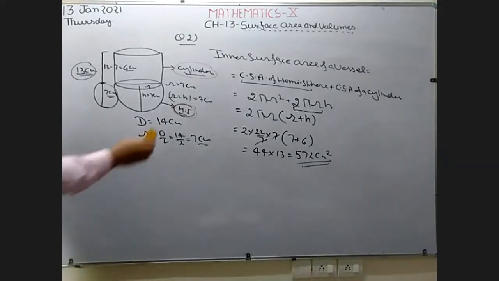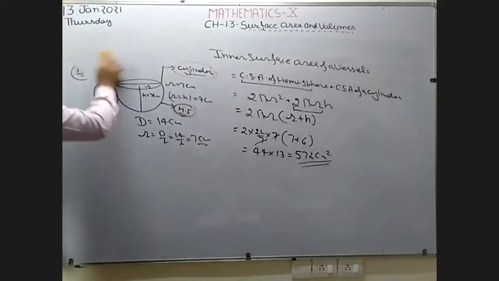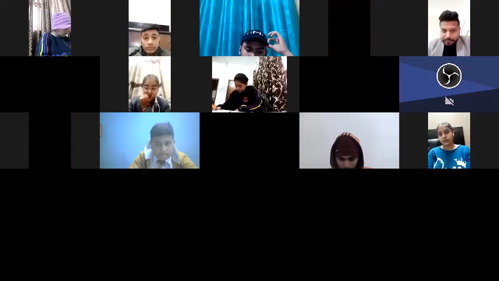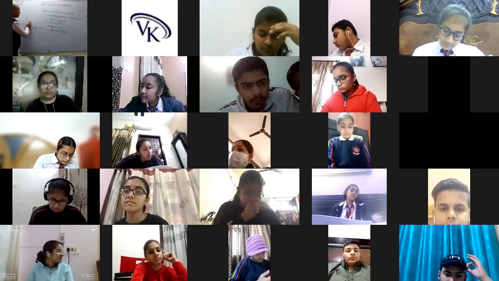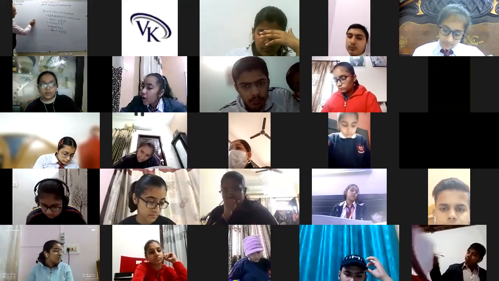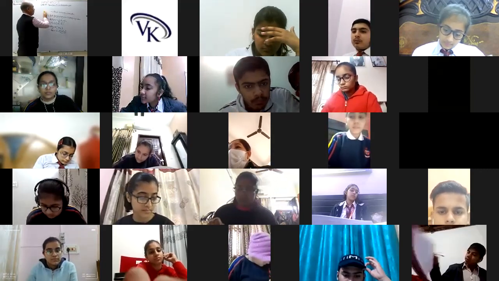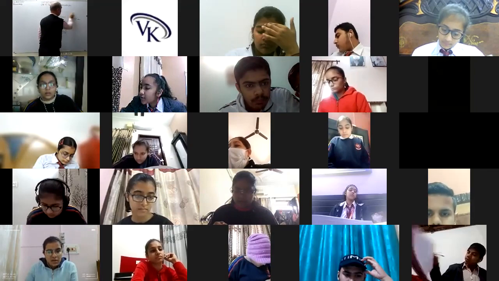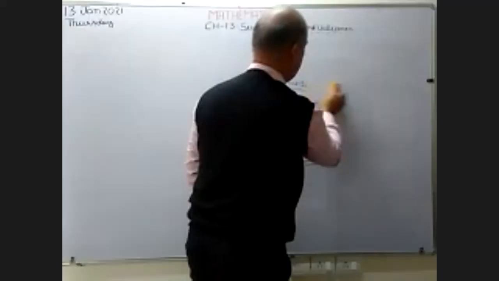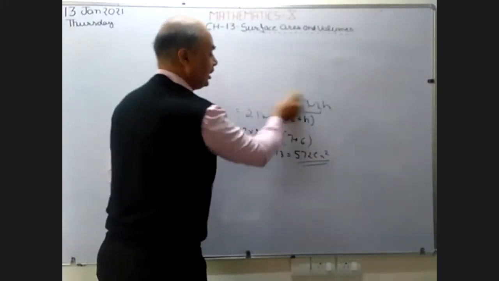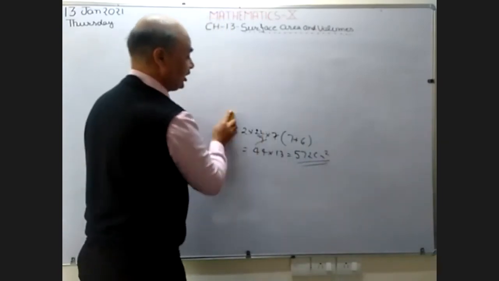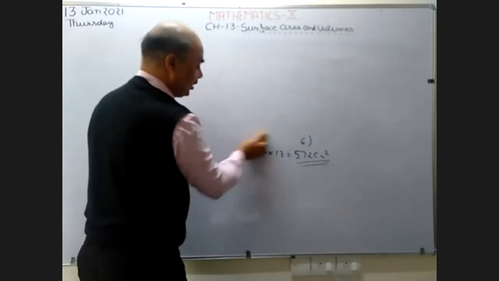Now check the next question, question number 3. Read the statement of question number 3 from your book. In question number 3, what is given? One toy is there. What is the shape of this toy? This toy is in the shape of a cone plus a hemisphere. Again, we are going to find the surface area of this toy. It means we have to find the